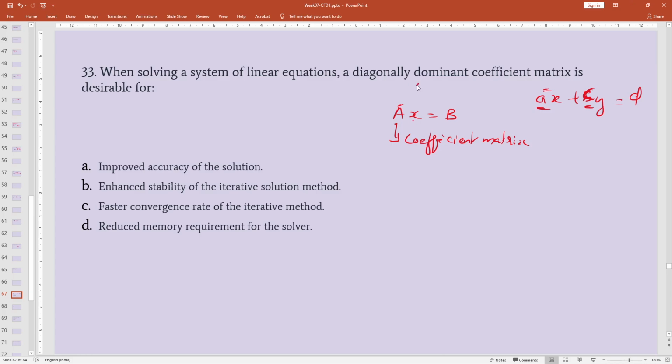And this matrix or this vector will be having x and y in a column vector, or all the unknowns in a column matrix, and this will be having all the constants, or whatever is in the right hand side of the equation. So this matrix A, if it is diagonally dominant, that is